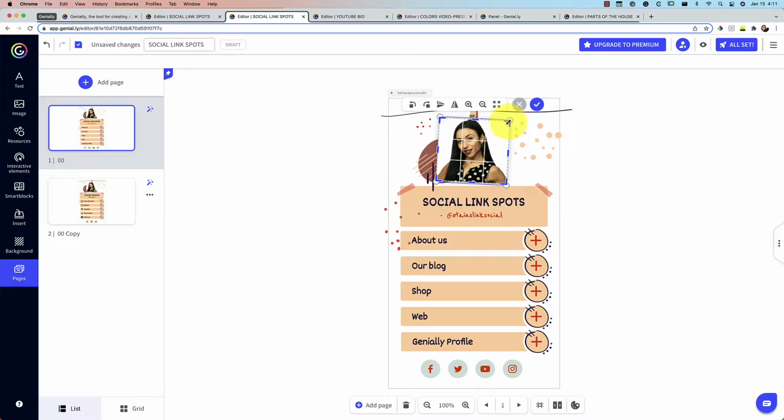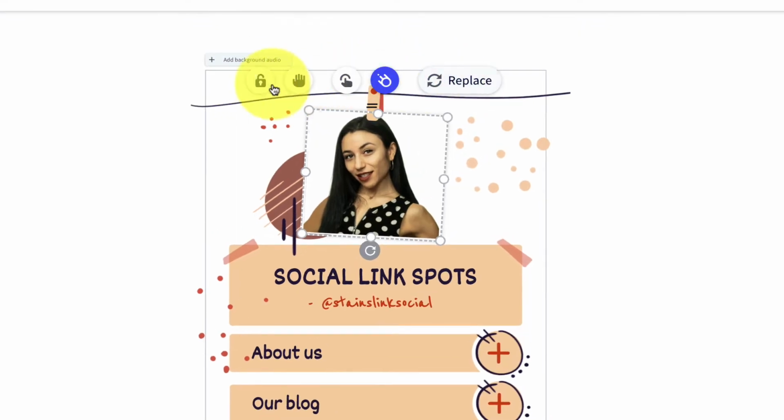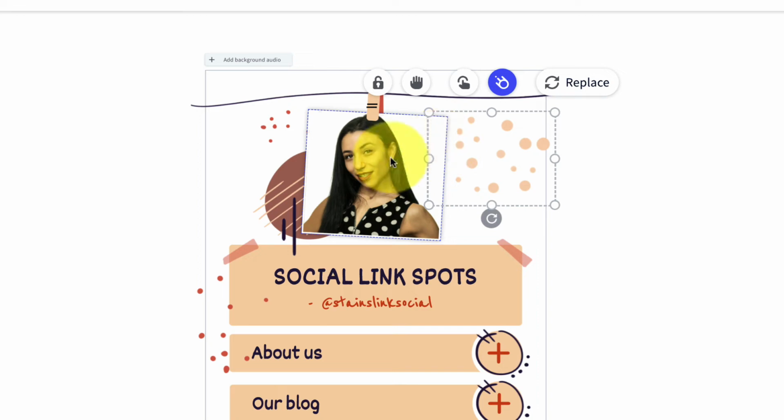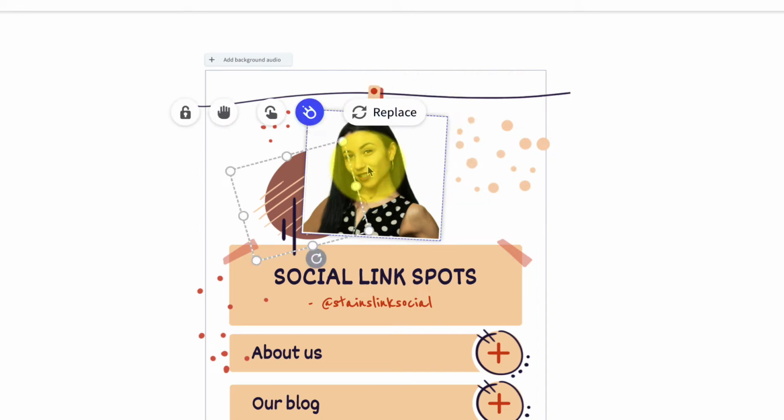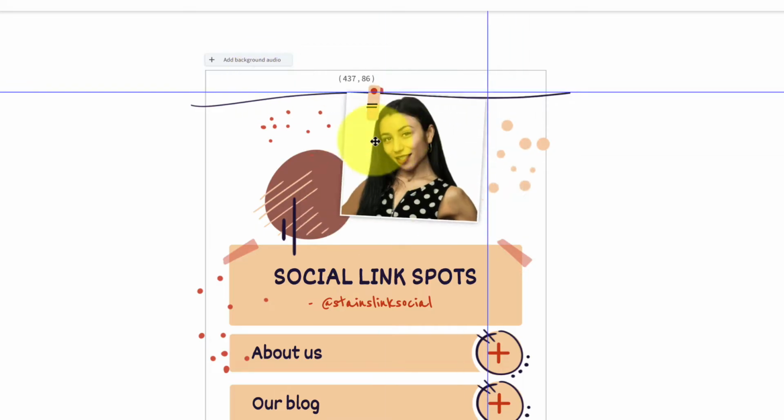If you want to modify your image at all, just double click on the image. You could recrop that image if you wanted to, just like that. Undo because I don't want to do that. And there's some other options like rotating, flipping, all of that good stuff. Now, what are these icons? This would lock it so that it doesn't move anymore, so I don't accidentally move it as I'm working on my creation. If I go back and unlock it, you'll see then I can move it.